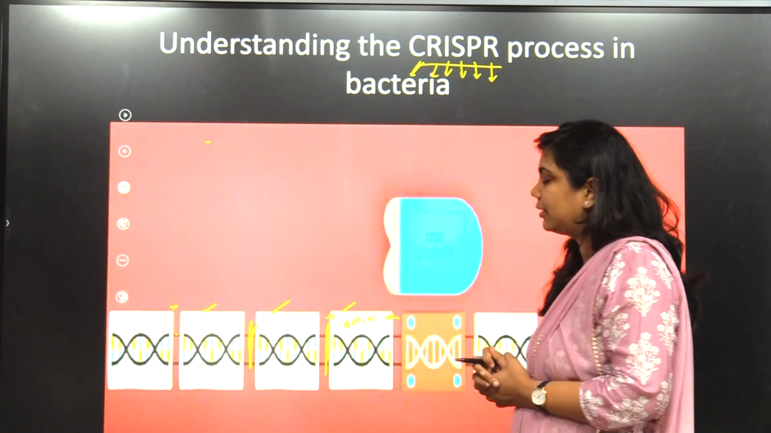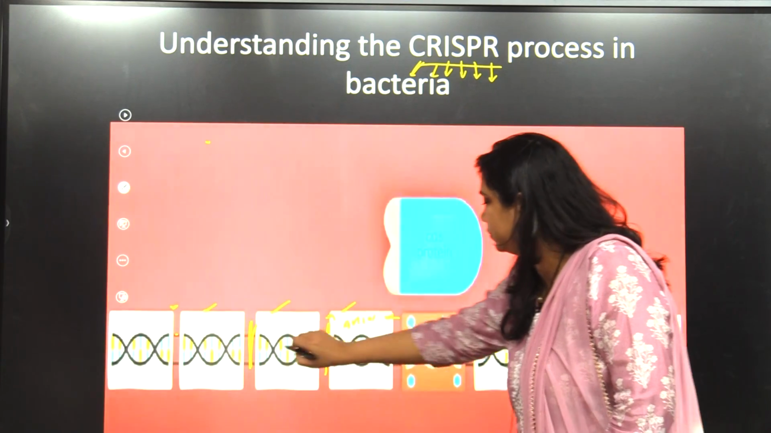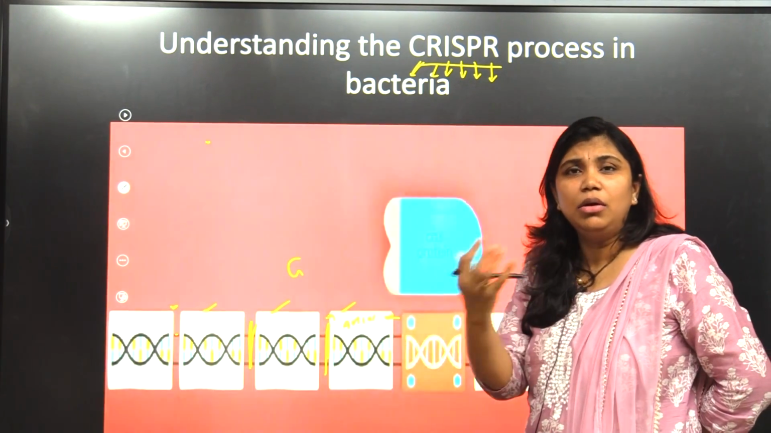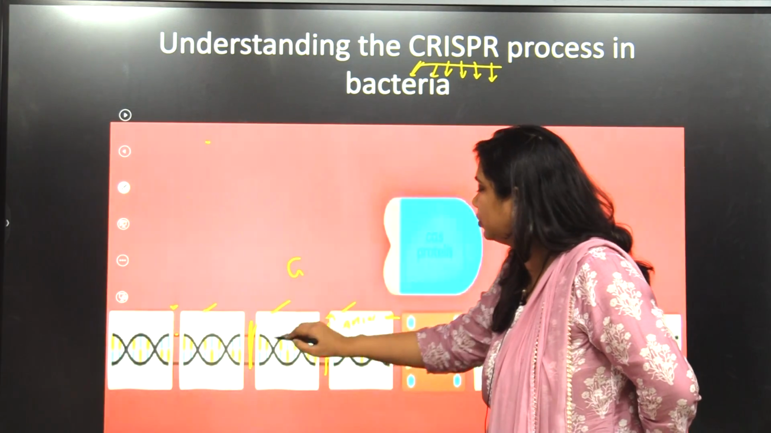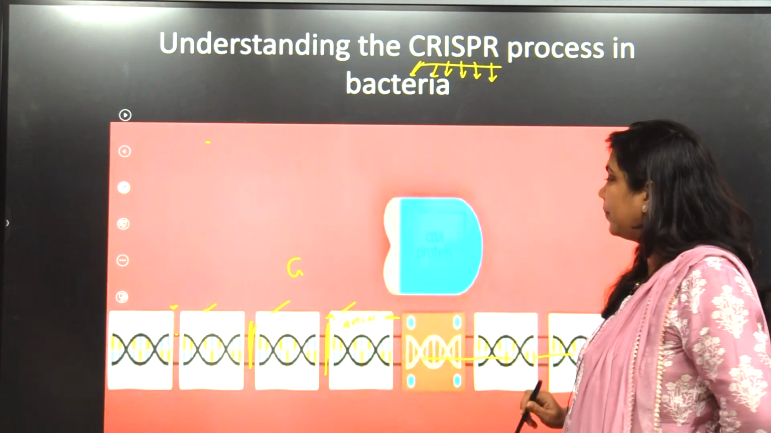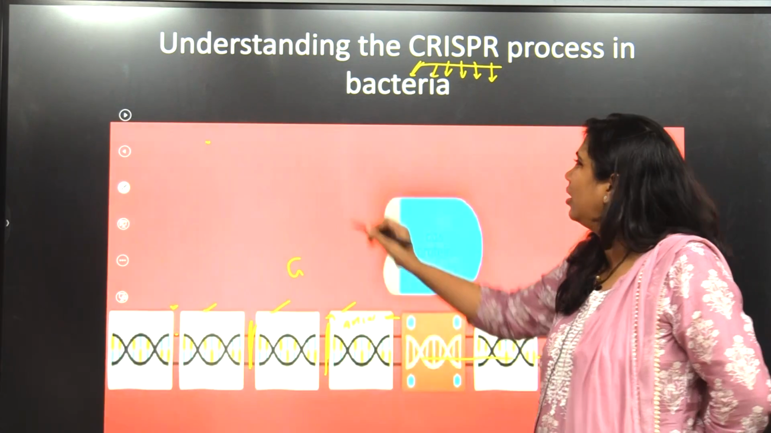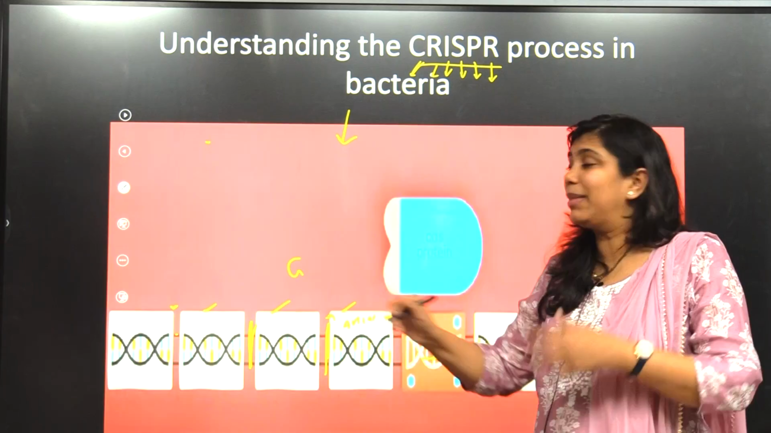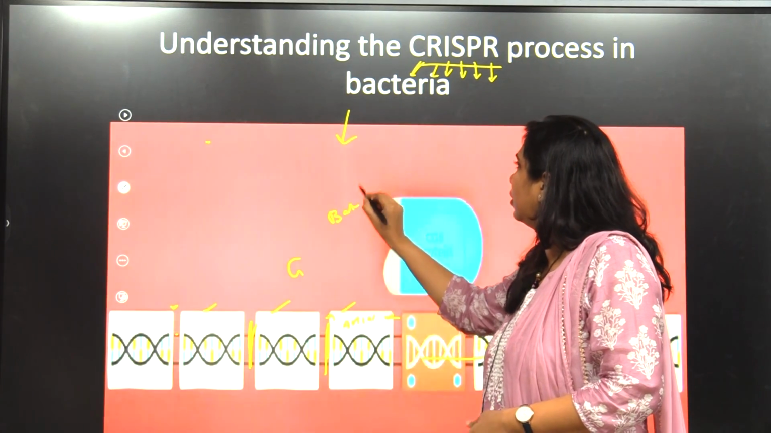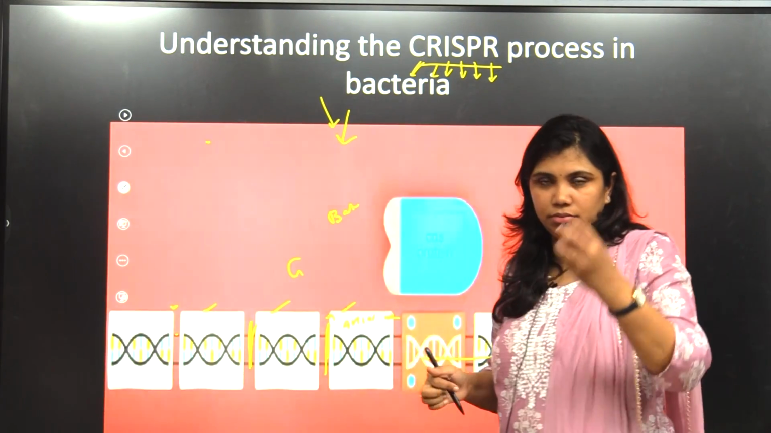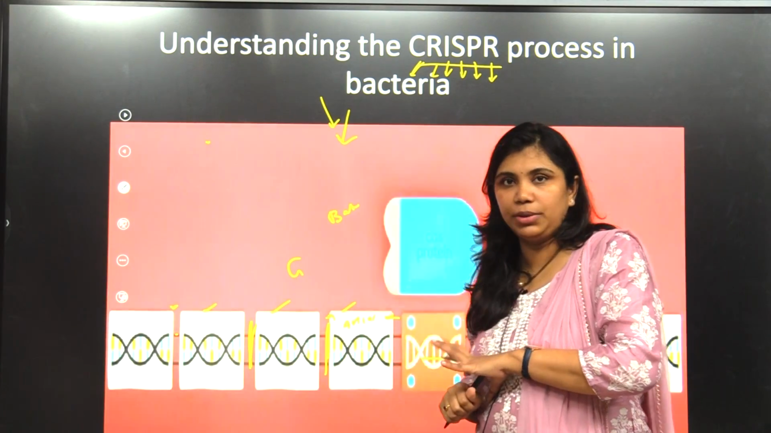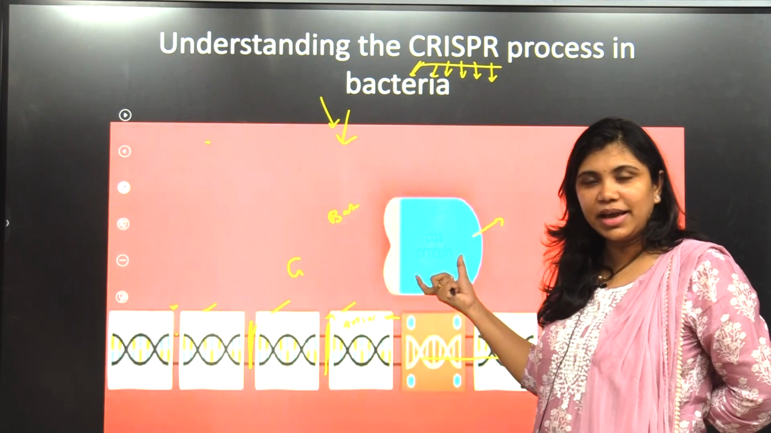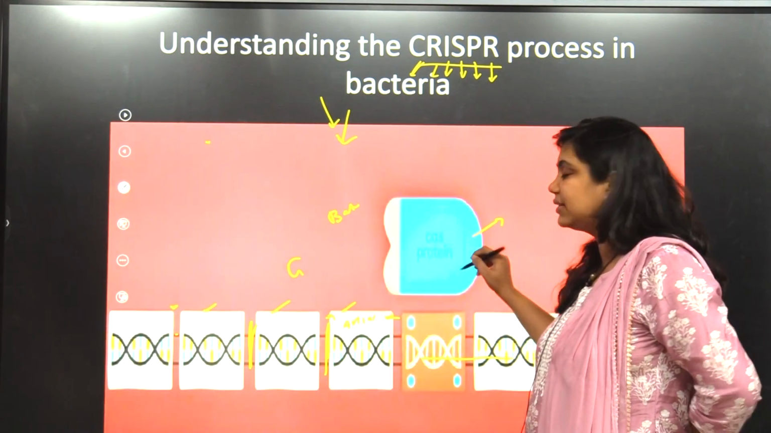So what happens in bacteria? See, this is our DNA. The small bacteria, single cell bacteria, E. coli we can take. So this is a DNA. Okay. So now what happened? A virus came. So now this bacteria was attacked by an outside virus. It entered into the bacteria's body. Now what happened? The Cas protein which was existing in the bacteria's body,